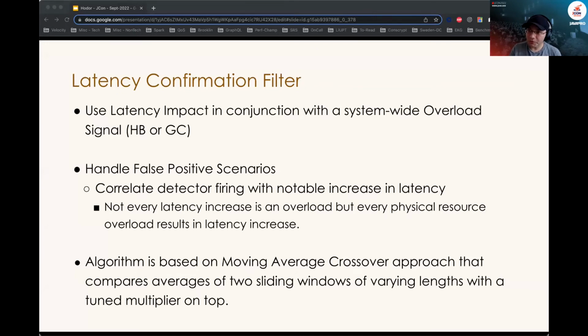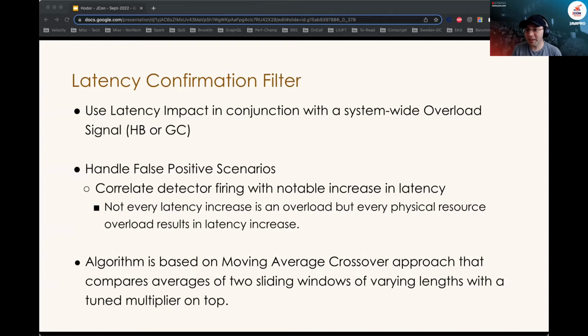Now, these frequent micro stop the world pauses might impact our background heartbeat thread, resulting in essentially CPU starvation of the background thread. However, if there is no business impact, if, for example, KPIs such as average and P99 latencies are not impacted, then flagging an overload and shedding load in this case would not be the right thing to do. Of course, one solution to this was to go back and improve the GC health of these services, make sure they're optimally tuned. And we found that doing that does indeed help in reducing these false positive firings.